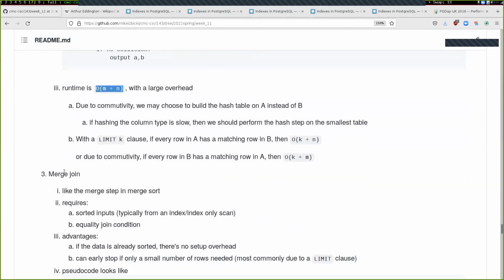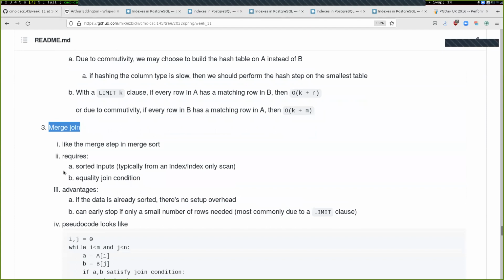The final merge strategy, the merge join. The way to think about it algorithmically is it's like the merge step in a merge sort. So what it requires is that our inputs be sorted. So typically coming from an index or an index-only scan, or again, possibly from a group aggregate, but not from a hash aggregate. If our inputs are not sorted initially, then we'll have to do an explicit sort, which would,